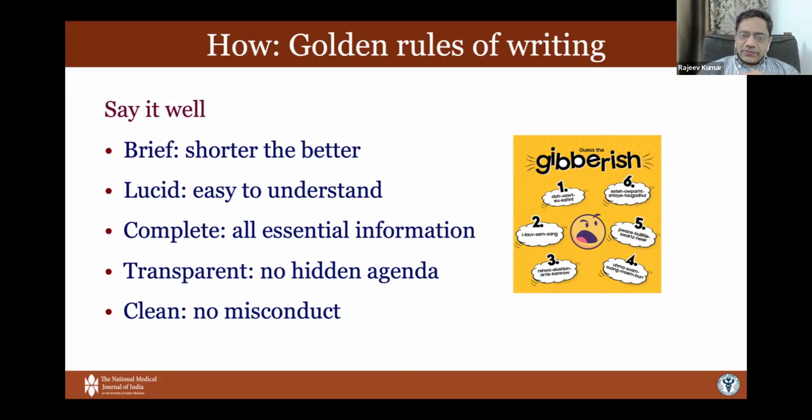Make sure it's complete. The information that you provide in an abstract or in a full paper must include all the information that's relevant to that research. And misconduct. Now, misconduct is a very big topic in itself, but here are some very basic rules about misconduct that everybody should know. Don't copy anything. That's called plagiarism. Don't copy-paste content from anything which has previously been published. Don't copy-paste images. Don't copy-paste diagrams just because they look nice and they fit in with what you're presenting.